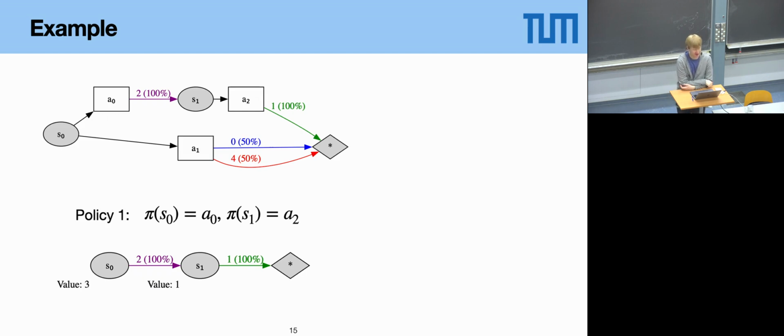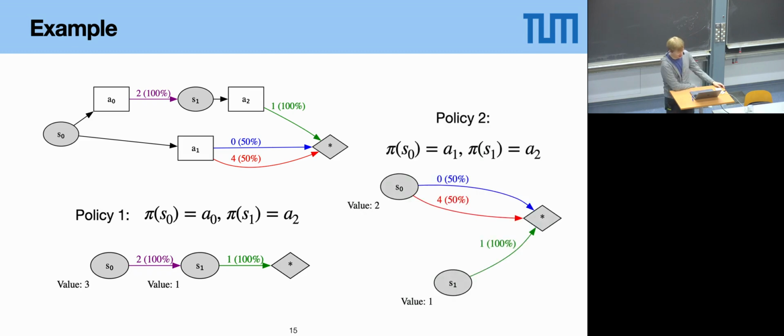And just to explain this idea of the Bellman equation again, there's a second way to compute the value of S0. We need not follow the arrows to the end, but we could just use the value of the next state, state 1, that is 1, plus the reward in between, that is 2, and we sum it again, and we receive again a value of 3 for state S0. So it's just two different ways of arriving at the same result.